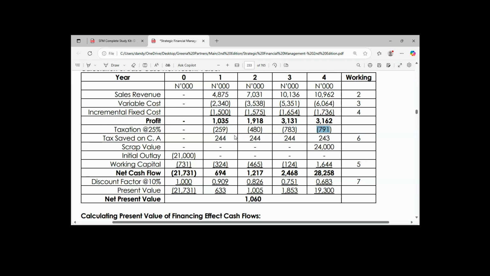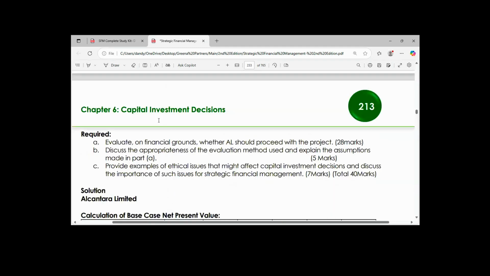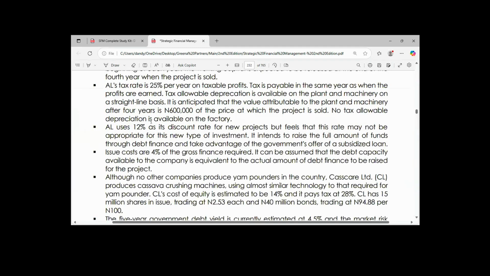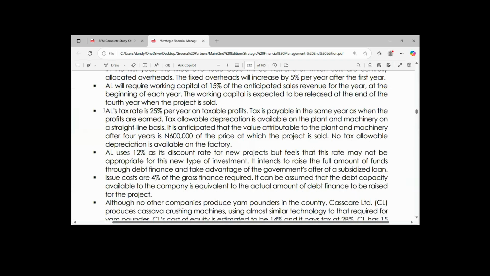The next thing we need to do is to calculate tax saved on capital allowance. How do I get tax saved on capital allowance? I will go back to the question. How do I calculate my capital allowance? The information will surely be given to you, if any. Still on that same paragraph where you have the tax liability, you are told that tax allowable depreciation is available on plant and machinery on a straight line basis. Tax allowable depreciation is the same thing as capital allowance. It is anticipated that the value attributable to the plant and machinery after 4 years is 600,000 naira